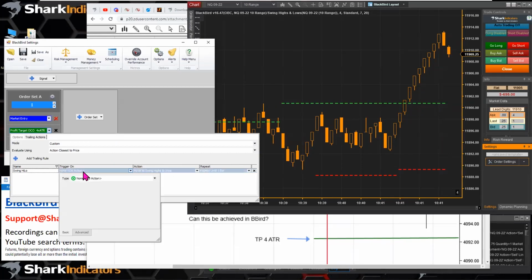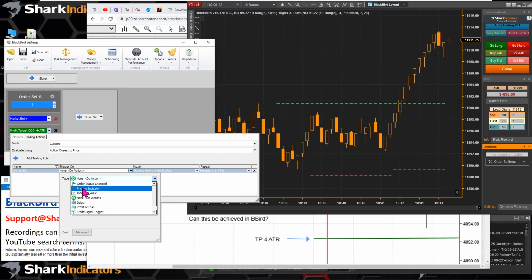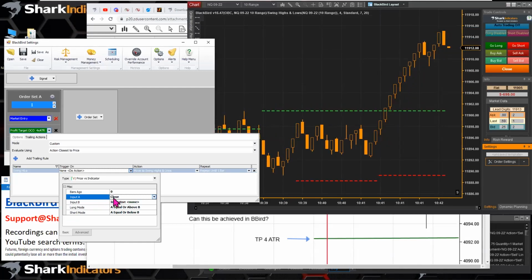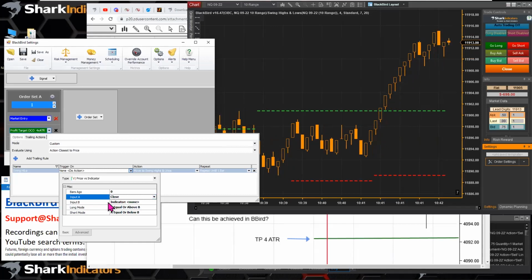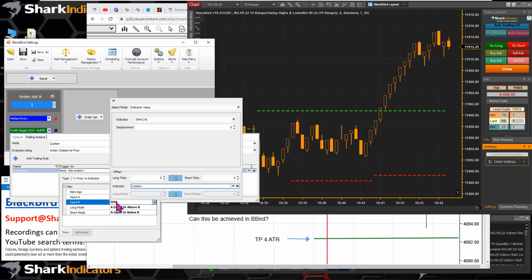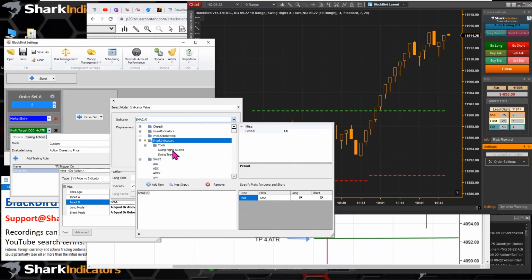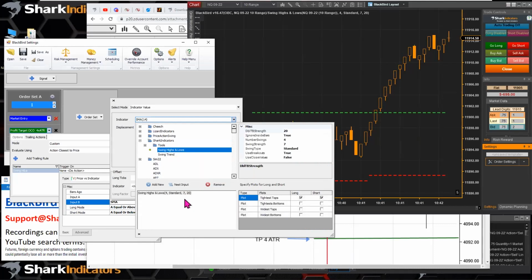All right, so let's go into the trigger, and we're going to use the price versus indicator, and we'll see where the closing price is, and let's set up the indicator here. So let's go and select the swing highs and lows indicator,